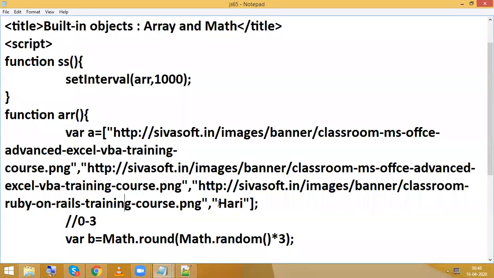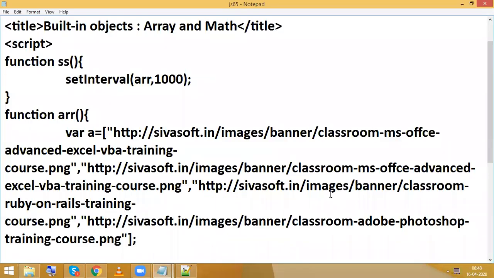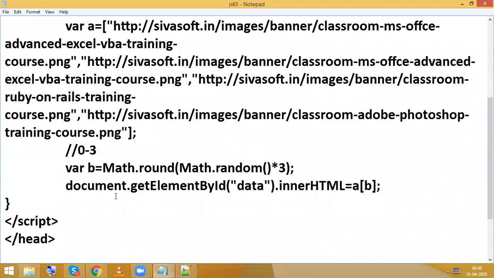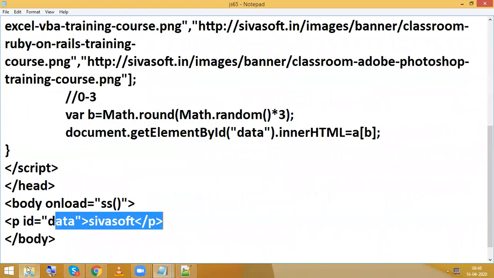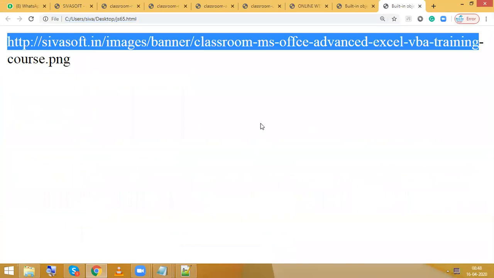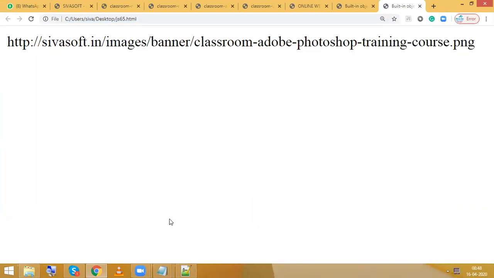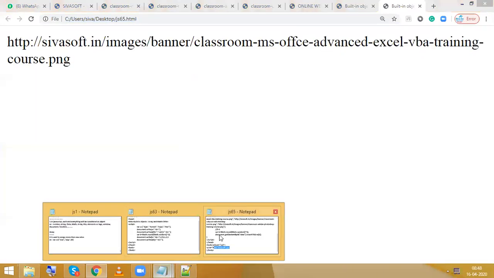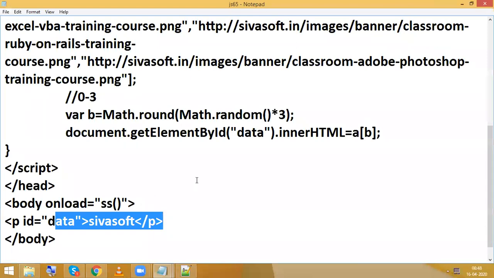Okay, so that means we are going to get this. So check this output. Whatever the paths I am having right now, it is going to display those same paths. So right now we are able to display the same paths, complete path. Randomly it is displaying. Now I want to display in the form of image. So how to do that?